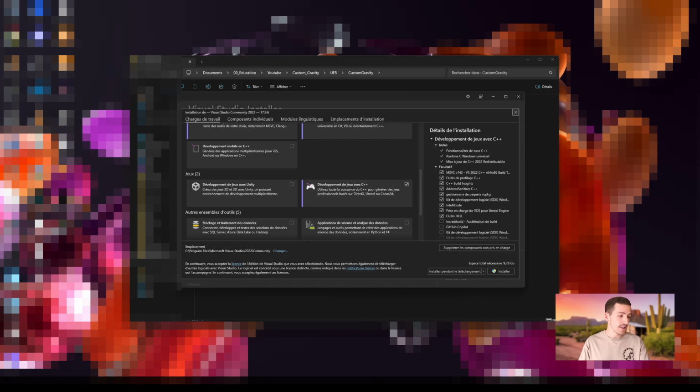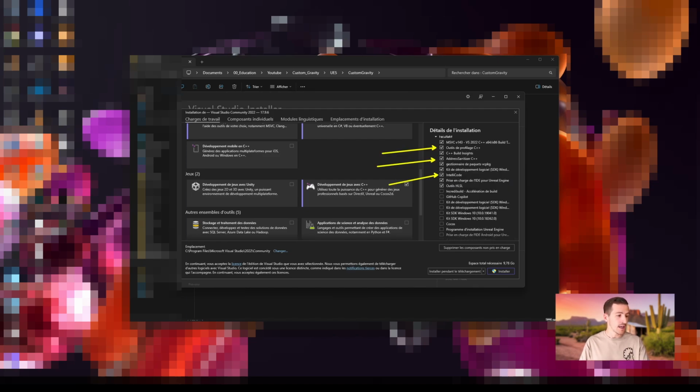This last workload is very important. Without it, compile is impossible. Moreover, we'll add other elements here. Once this one is selected, on the right, make sure to check C++ Profiling Tools, C++ Address Sanitizer, Windows 10